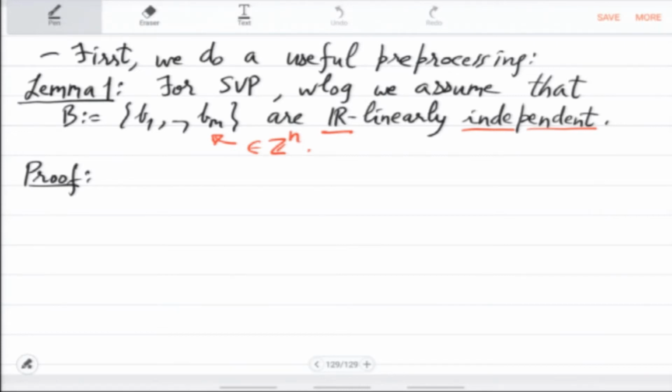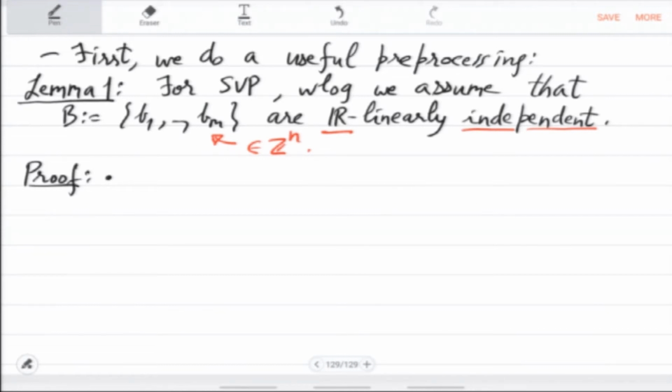The first pre-processing step, which is a good property to study for SVP, is that we can assume the generating vectors b1 to bm to be linearly independent over the reals. That will be a simplification. Why is that possible? Let us consider